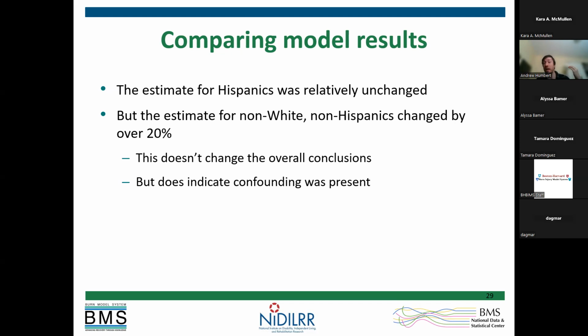The other thing to note here is I have not looked at sex. I have not looked at burn surface area. I have not reported those estimates, again, because we don't care. We're not interested in what those estimates are. They're included in the model to give us the best possible and most accurate estimate for the relationship between race and ethnicity and body image, but we're not directly interested in the relationship between sex and body image and TBSA and body image for this particular research question.